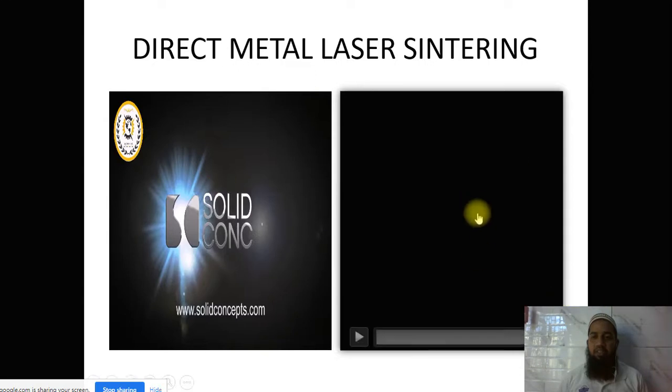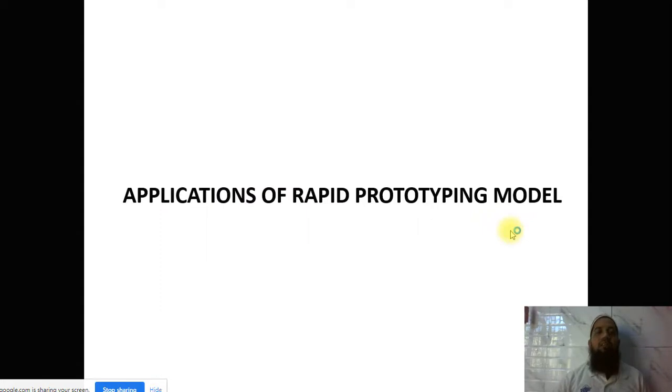Okay, is there anyone having any questions with the application of the rapid prototyping model? There are different types of applications of rapid prototyping. I have a few beautiful images also, so that it will be more attractive to you all and you will enjoy it. Okay,